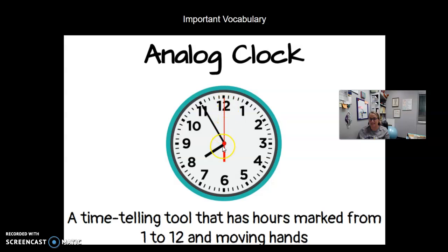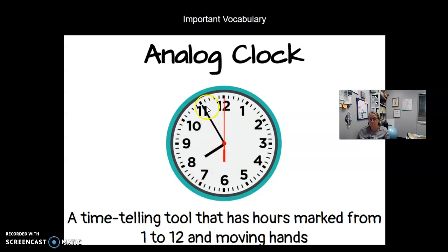the second hand. Remember, when the hour hand is pointing to a number, or maybe it's in between a number, that's telling you what hour it is. So in this example, this clock is telling us it is about to be 8 o'clock. Because it's pointing pretty close to the 8. It's not quite there yet, but it's close. So it's about to be 8 o'clock. So that means if it's not all the way to 8 yet, it means it's still in the 7 o'clock